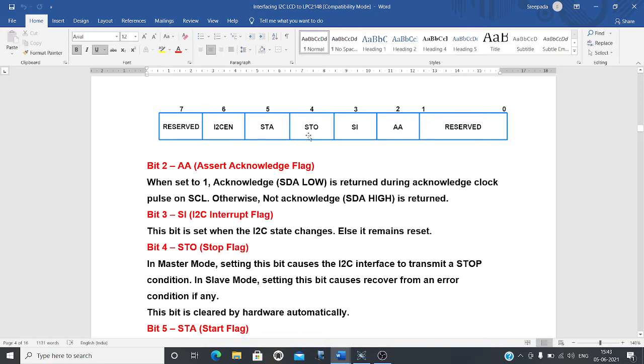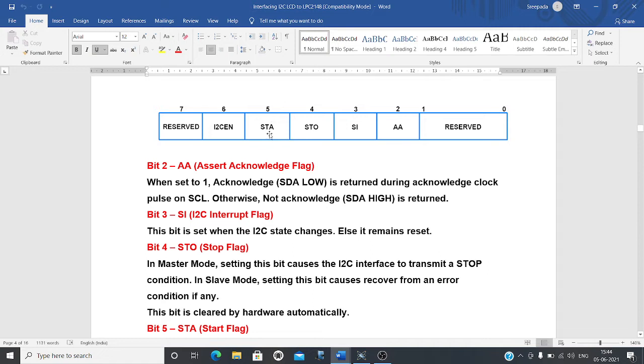The next bit is the stop bit. You will set this bit whenever you are ending the transmission. This is the last bit to be sent, and the arrival of the stop bit indicates that the complete data transfer is over.